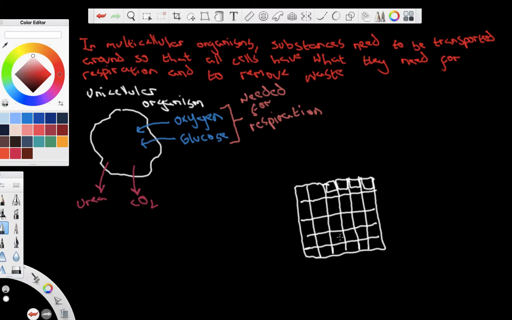Now, all of these cells still need oxygen and glucose for respiration. And at the same time, all of these cells are still going to be producing urea and carbon dioxide. The problem is that if it relies on diffusion, this multicellular organism,